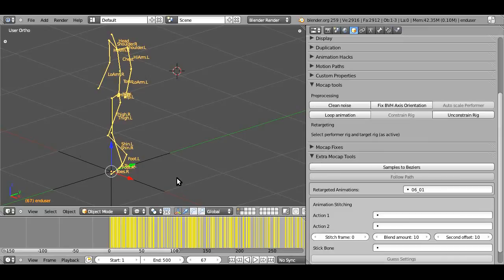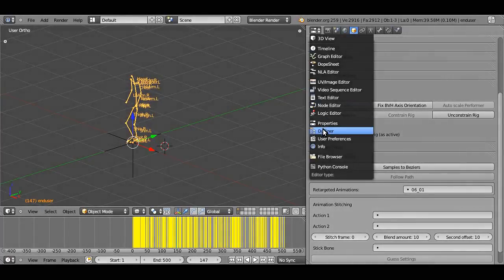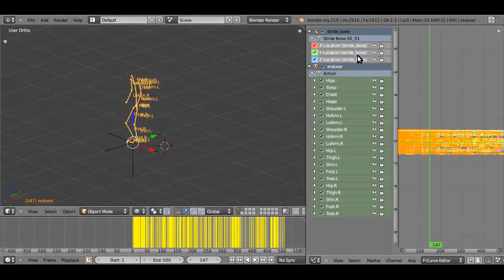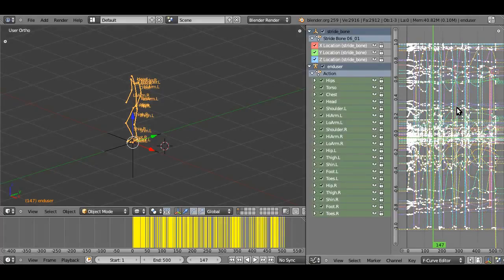And now we can see the process finished, and instead of keyframes on every frame, it's been modified to be more efficient, and you can see that without losing much of the animation fidelity. Oh, that was a bad keyframe, you can just delete it. We have a baked motion capture retargeted to our own armature. And if we just enter the graph editor, hit home, undo that, you can see nice Bezier curves instead of